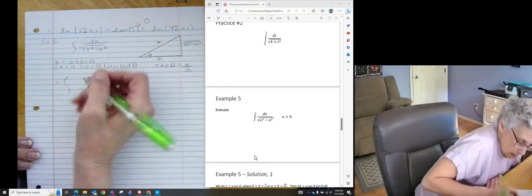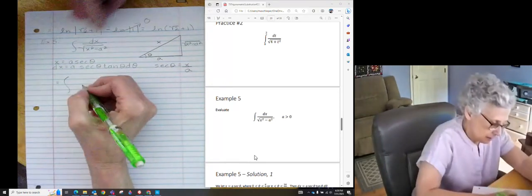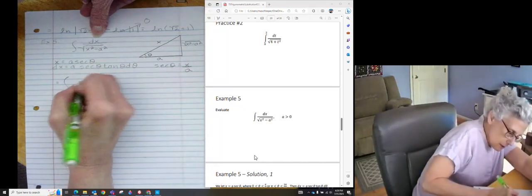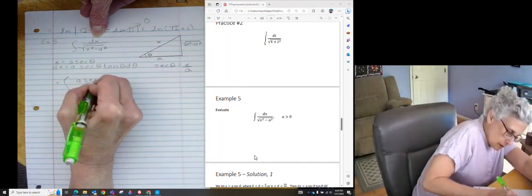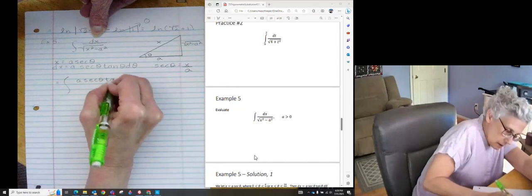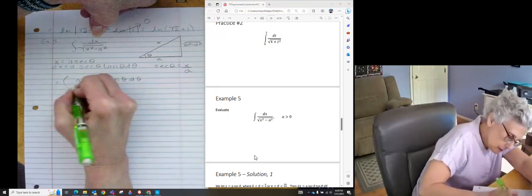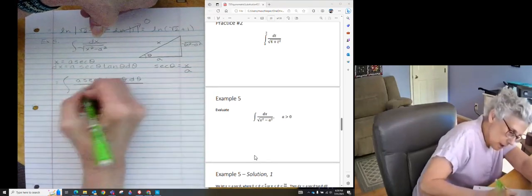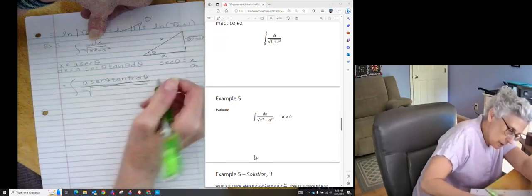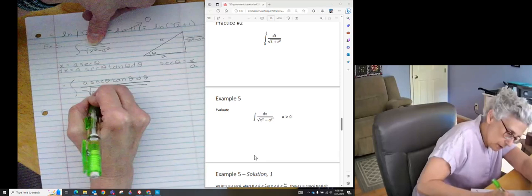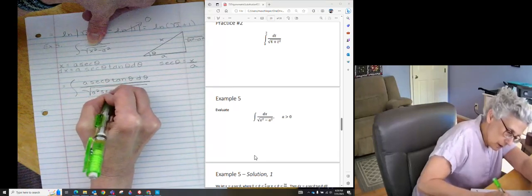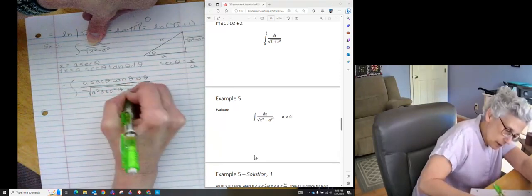So this is actually the integral, dx is on top, so a secant theta tangent theta d theta living on top of the square root of x squared, so a squared secant squared theta